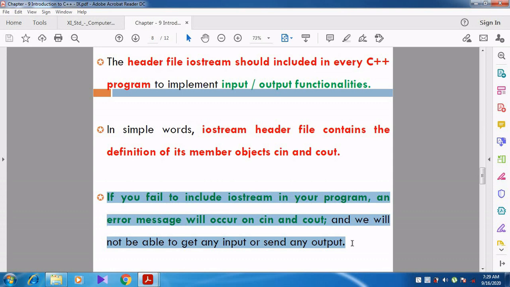Without including the iostream header file, it shows an error, because the compiler cannot understand what is meant by cin and cout, and we are not able to give any input or get any output.